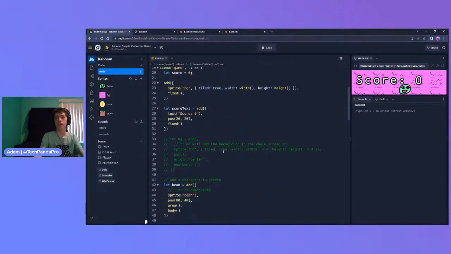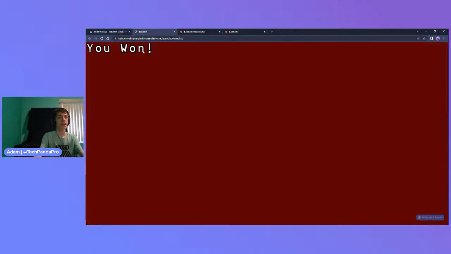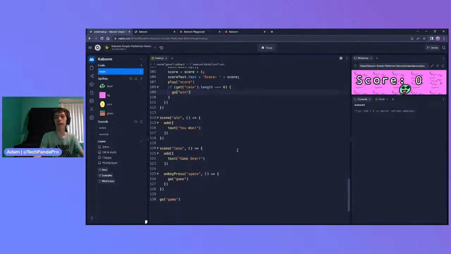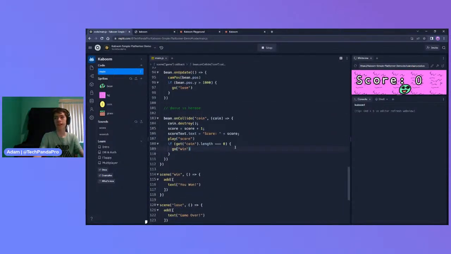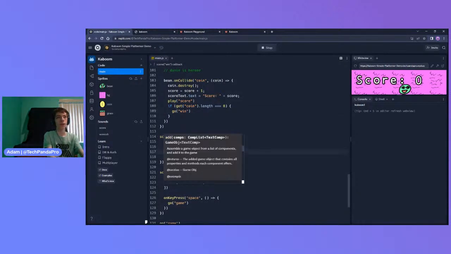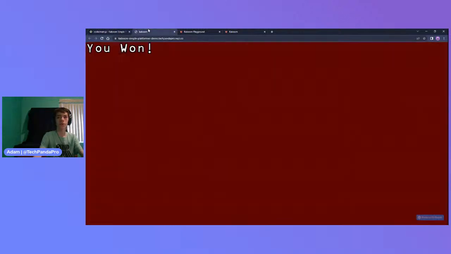Now, I don't really like how this text is in the corner. So a way we can improve that is by saying, when we go to that screen, in that component, we're going to want to center it in the center of the screen. And then, center. And I believe